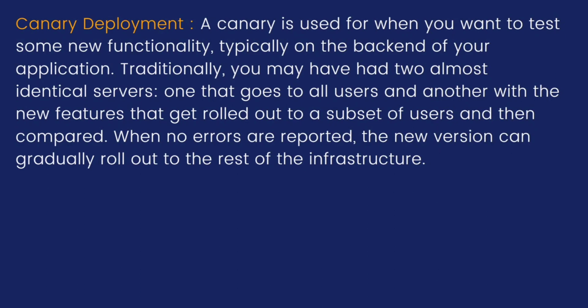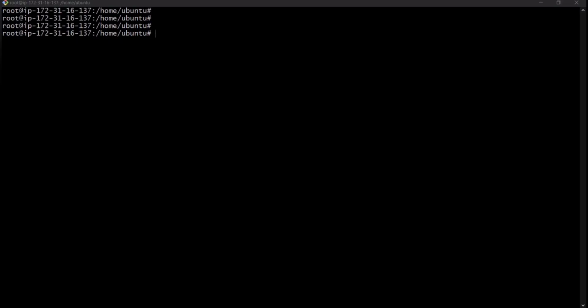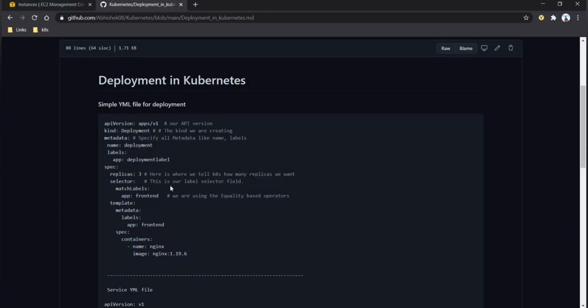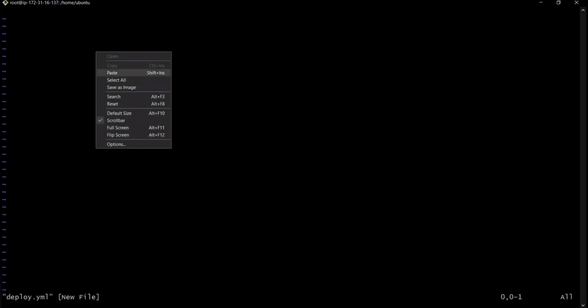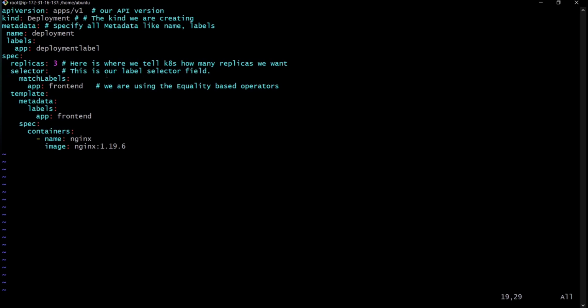Let's go to the terminal and create a script for the deployment and understand each command one by one. Guys, we are in the terminal now, and let's execute the deployment script. All the scripts are written in the Git repository, and this link will be shared in the description box. Let's copy this script, go to the terminal, create a file named deploy.yml, and paste it here.